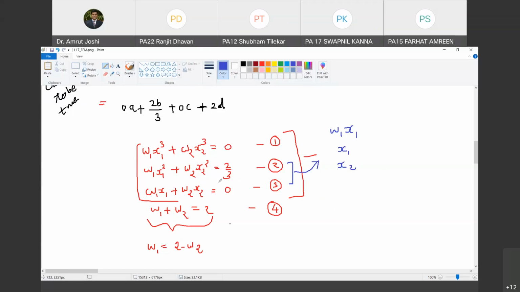If I concentrate on these 2 equations, see, W1 x1 square is there, so can I write it as, let me call this W1 x1. This unknown W1 x1 that you see, I will call F1. Are you with me? Yes, sir. So what do I get? I get F1 into x1. Do you agree with me? Okay, let us not do this. W1 x1 is F1, right? No, let us do it traditionally.